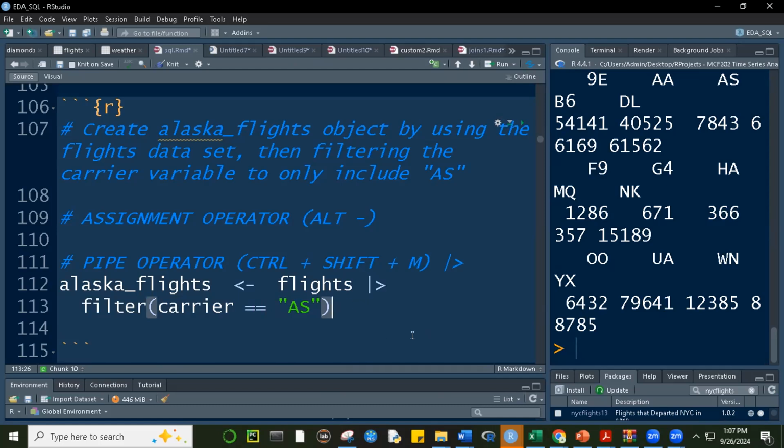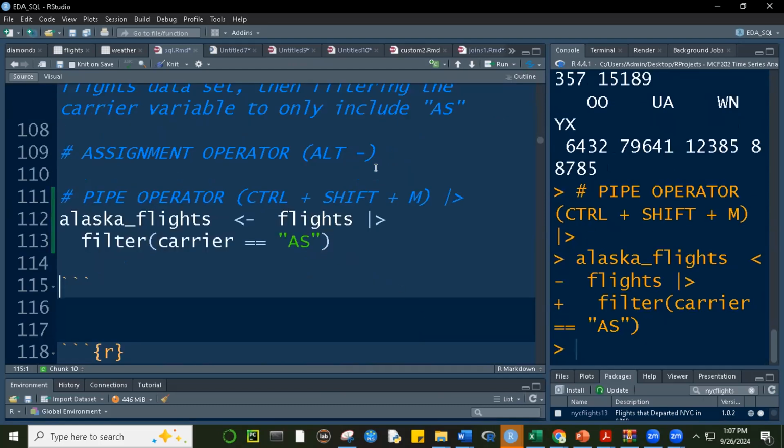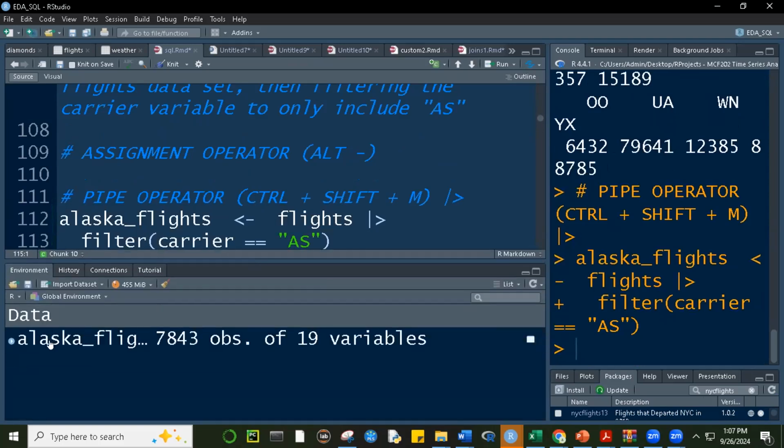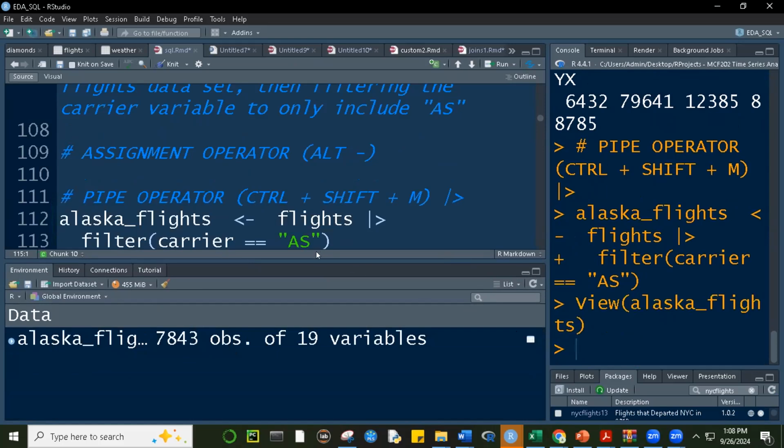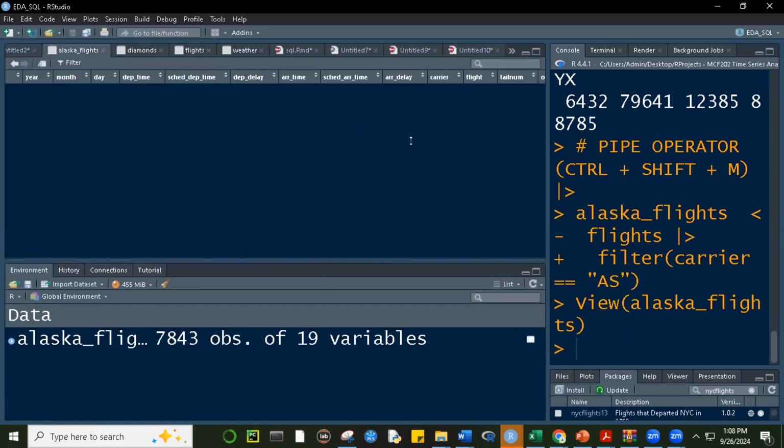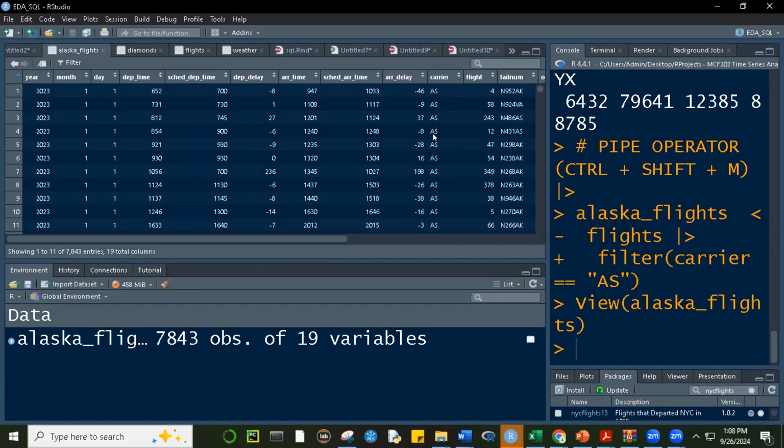All right, so if I run this, what will be generated here in my environment is an object called Alaska flights. There you go. And it has 7843 as expected observations. So if I have this shown here, then the carrier will all be AS there, and it will have 7843 rows of observation. So that was expected. And notice that there are 19 columns because in the filter function, we're not changing the